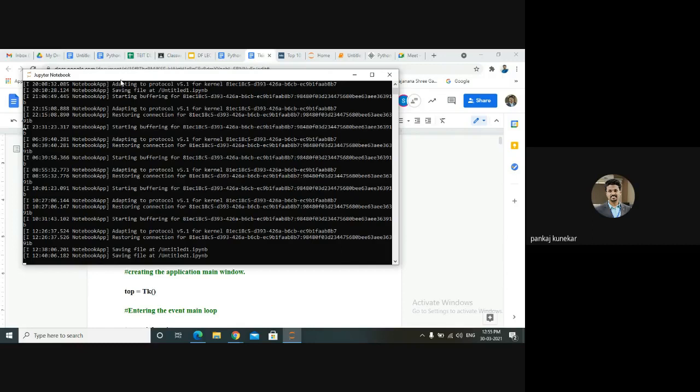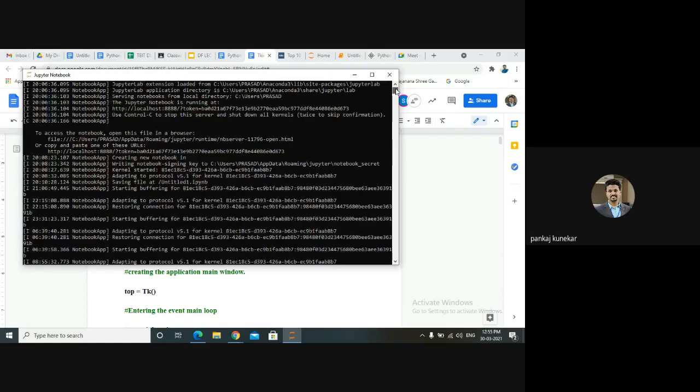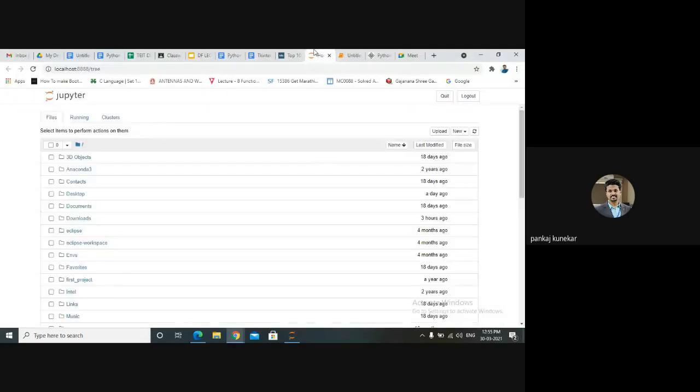You should have Python 3 plus, and you just need to open Jupyter Notebook. After opening it, you can see this window in your web browser, running on localhost 8888. It's a Jupyter framework where you can write your code also.